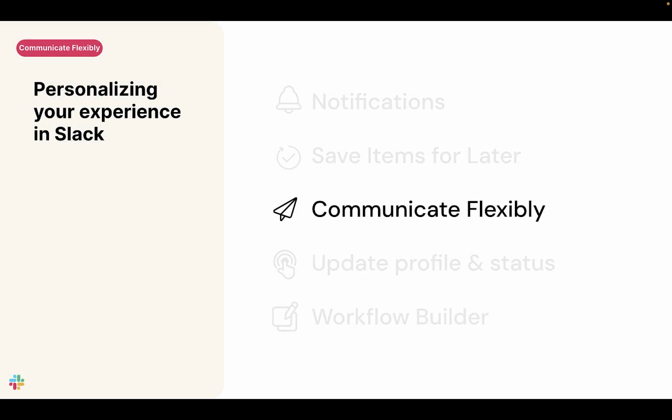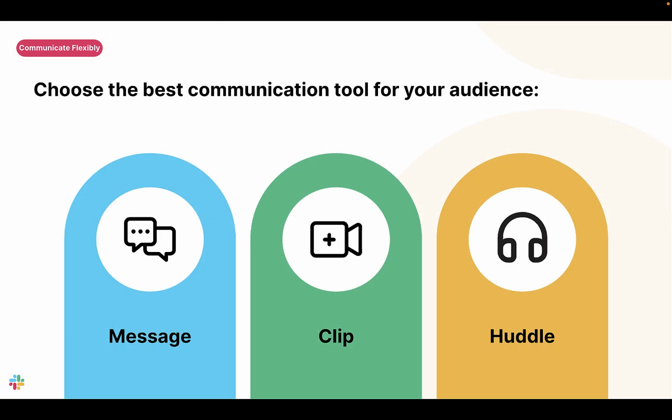Next, we'll talk about all the different ways you can communicate in Slack. How you send messages is totally up to you. Let's review how this looks. Slack gives you 3 communication tools to choose from. Sending messages in channel is the primary tool, but I also want to teach you about scheduled sends, clips, and